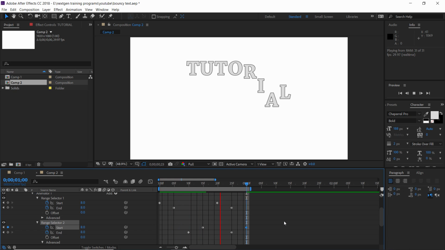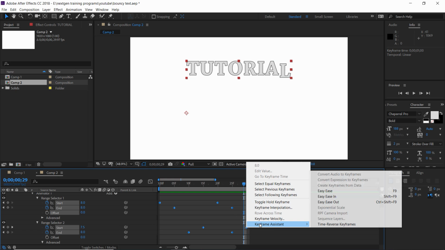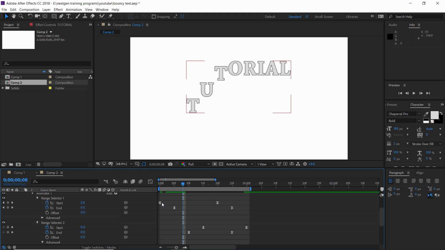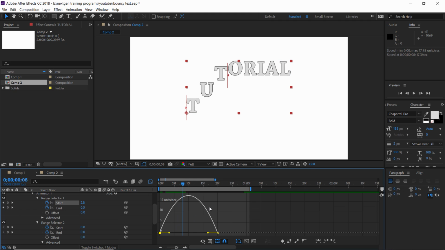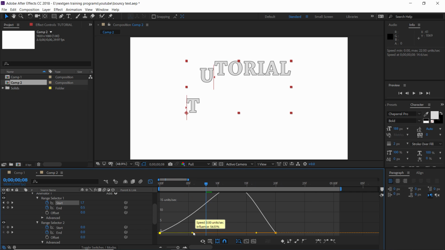Now time to play with graph editor. So select all keyframes and add easy ease. Now move few frames forward so that we can see how graph is making impact on the animation. So when text is dropping, it should be slow on start, fast in middle, and slow at the end. Same will happen with the end parameter of